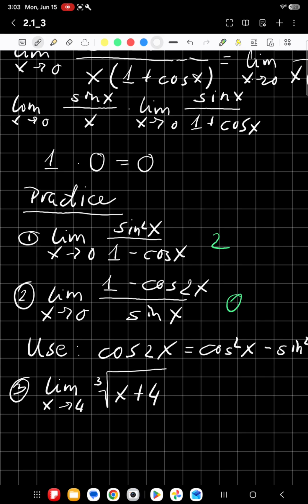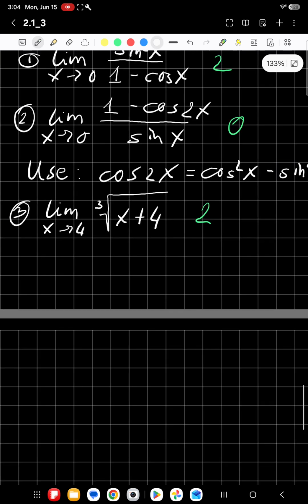The answer for this one is 2. Okay, problem number 4. So the limit as x goes to 2,